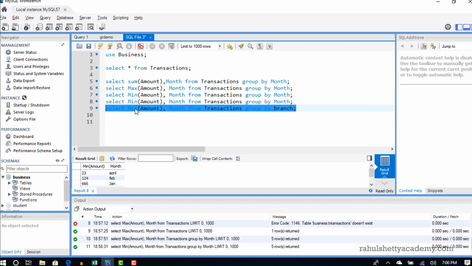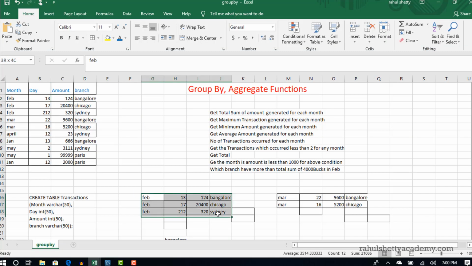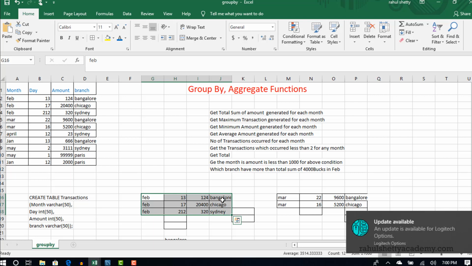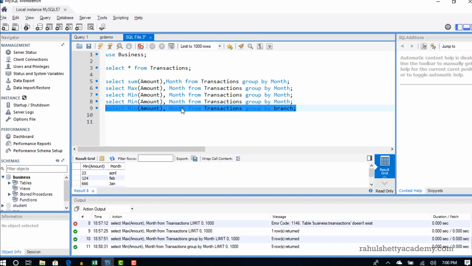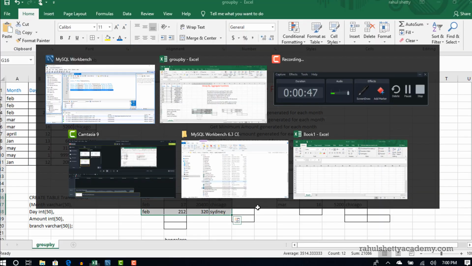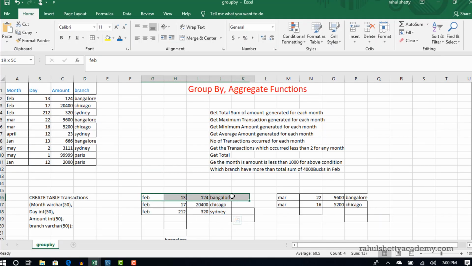If you don't have an aggregate function, then this group doesn't make sense. So what is the point after you group? You have to either get minimum, maximum, total, average or something else, right? So if you don't have any aggregate function, you do nothing by creating groups, okay? If you simply say group by branch, then it will simply return the first record.